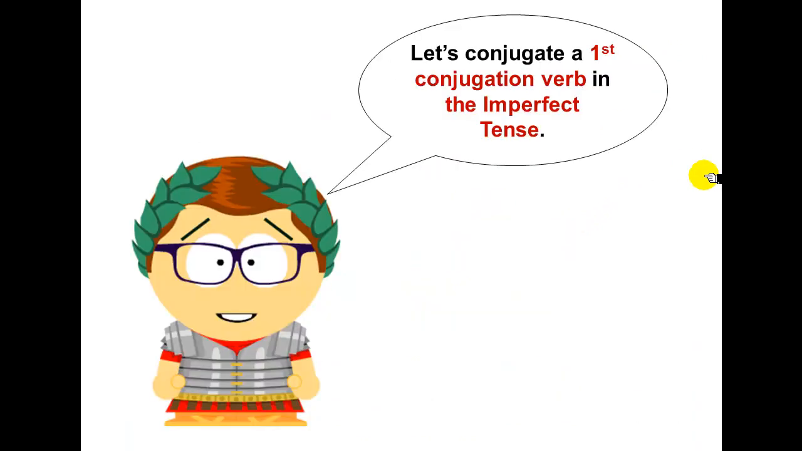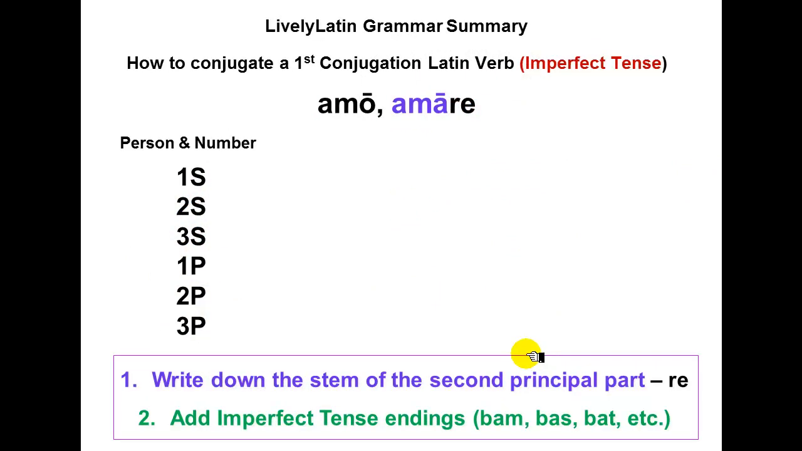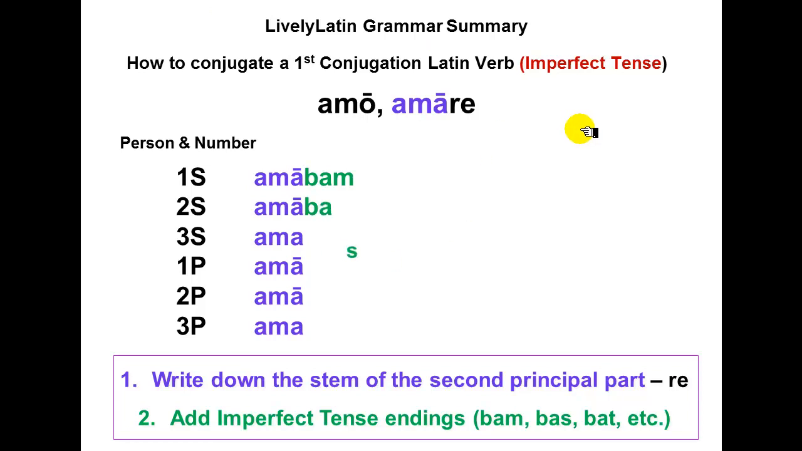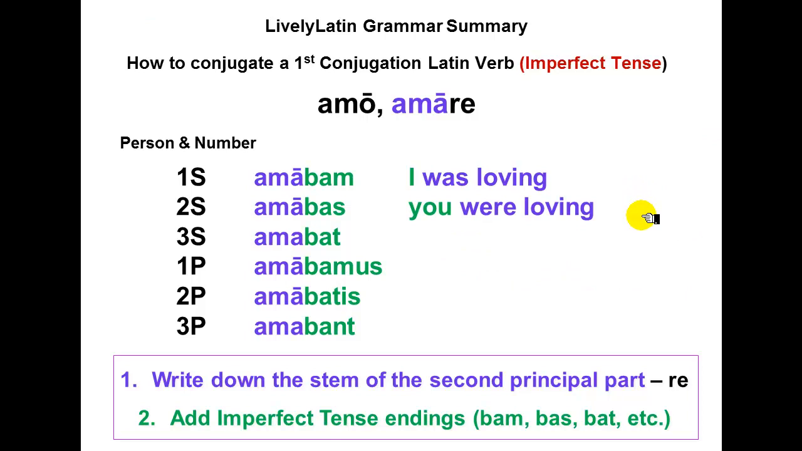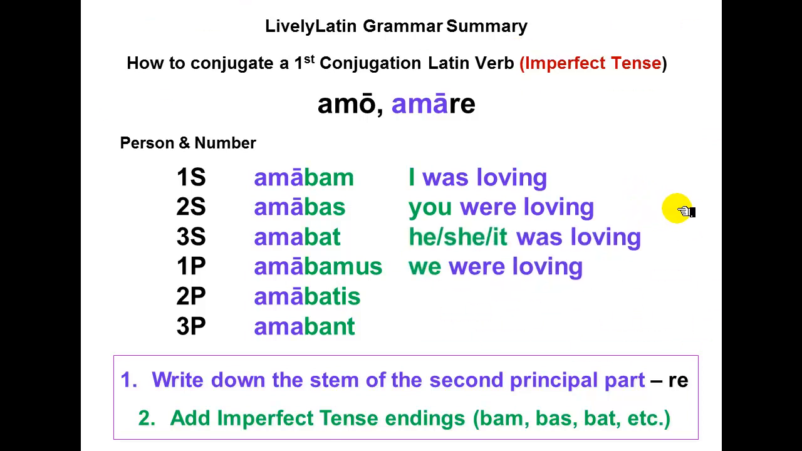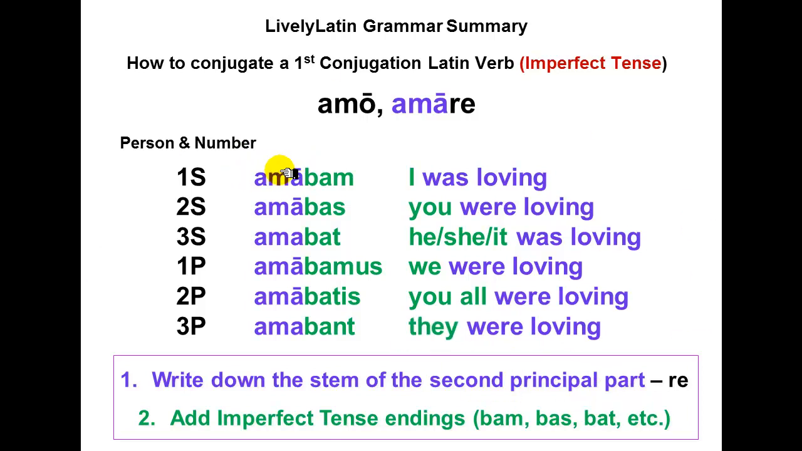Now let's conjugate a first conjugation verb in the imperfect tense. Once again, we'll use the stem of the second principal part, and then we'll add the imperfect tense endings. AMA is the stem, second principal part minus the RE. Then we add the endings bam, bas, bat, bamus, batis, and bant. I was loving, you were loving, he, she, it was loving, we were loving, you all were loving, and they were loving. Amabam, amabas, amabat,